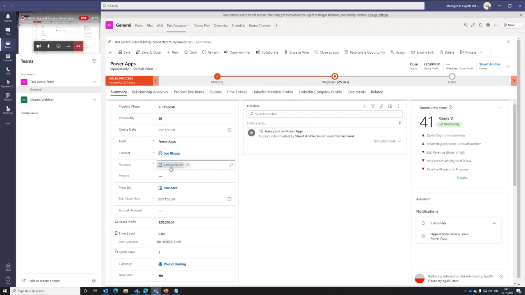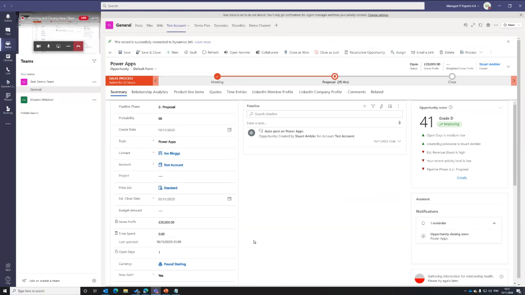The great thing is that it also gives us a timeline and gives us a score in terms of the engagement from that opportunity. With this being a test one, or a demo one, it's not a real opportunity, so it's not real details. It's difficult to show exactly what the benefits are from this point of view. But what you would see here is all the communication coming in and out to do with that specific opportunity, because we can track it all through Outlook, which then integrates with Dynamics, and as you can see, is directly within the Teams window.